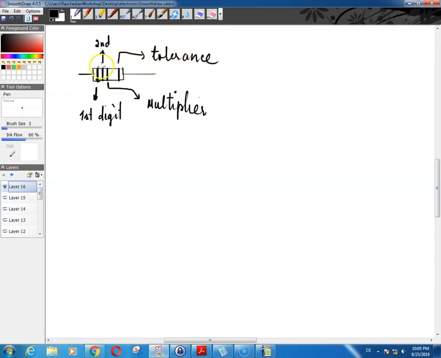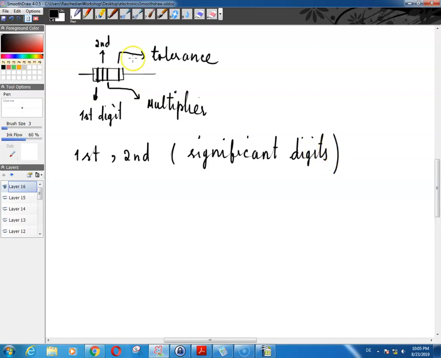Now these two digits are called the first digit and the second digit, the significant digits. And of course they are the significant digits, because other than that you will only have a multiplier. And the colors related to the significant digits that you need to know: black is